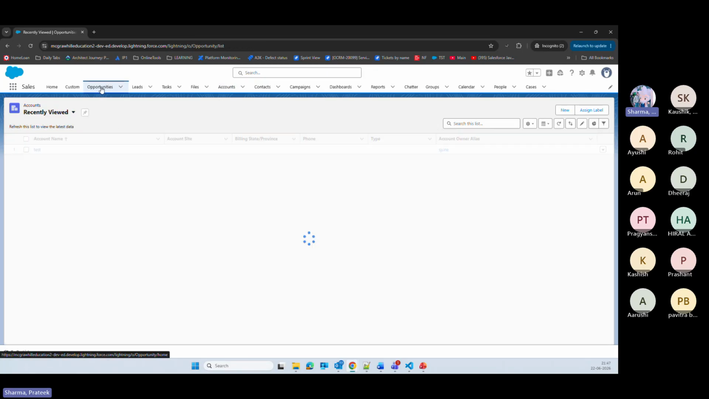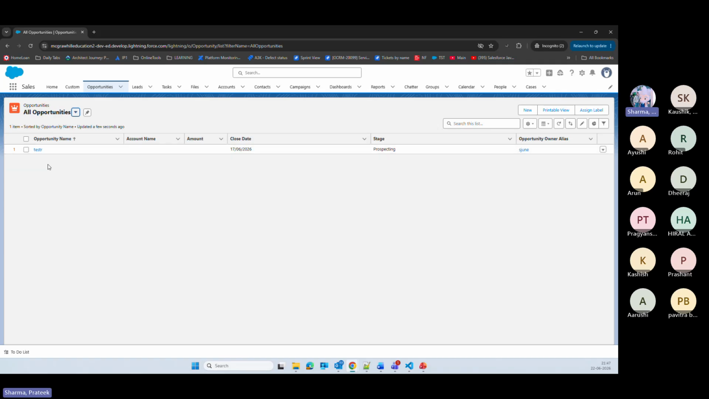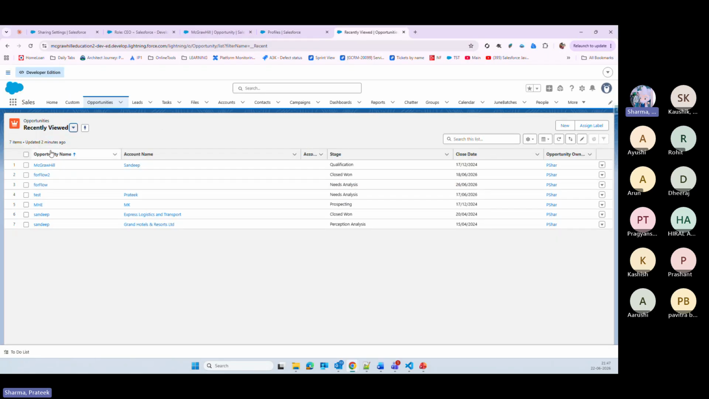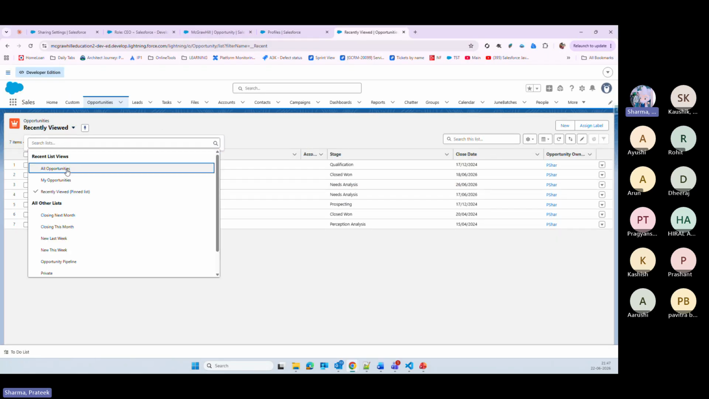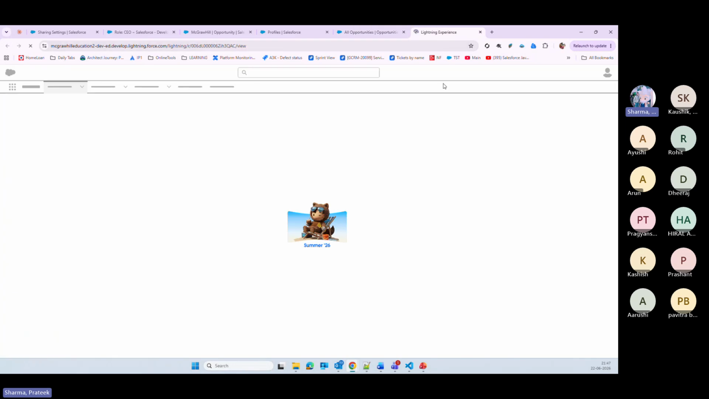If I click on opportunity, and if I click on all opportunity, we can only see one record in this user's list view. But if I go here and show you here, it has many records, almost 41 records. So let's just give the access of this record to that user. If I open this record,